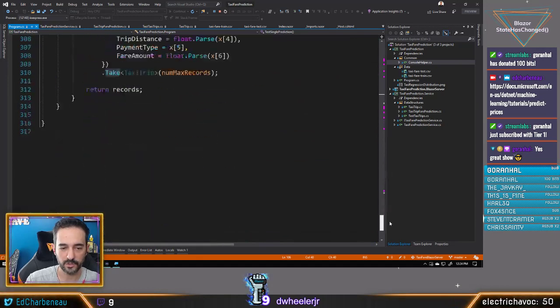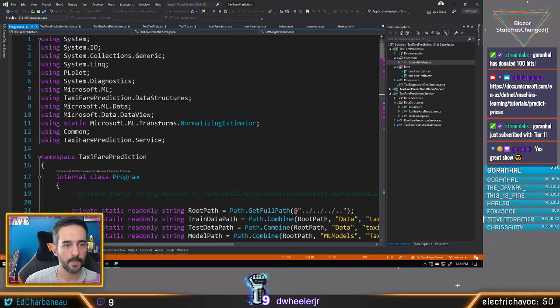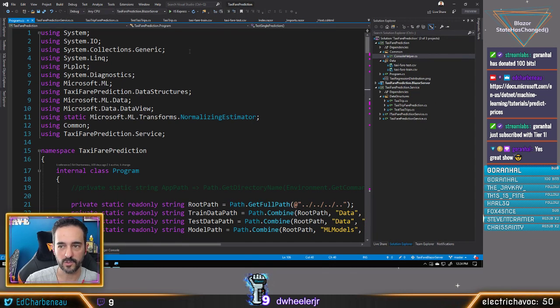So what we need to do is stop our app, because we've got two apps inside of this project solution here. And up at the top, I've got my drop-down box here, and I'm going to select taxi fare prediction. This is the console application. So if we zoom in there,